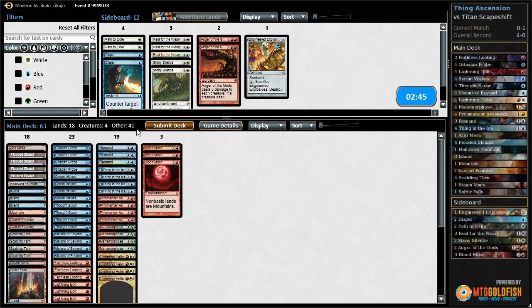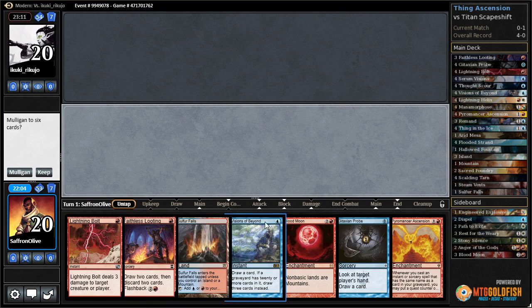We will bring in Blood Moons. I think that's all we really want. And go down, I guess, remands? Seems like we take out remands a lot and go full combo mode. Alright, we get to play first, and...